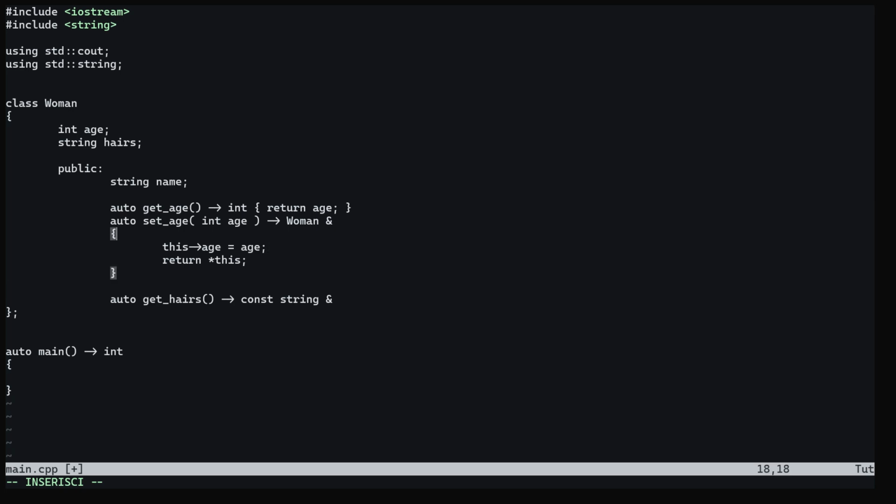I can also do the same here. This is done for performance optimizations, little optimizations that speed up the process. So this will return name